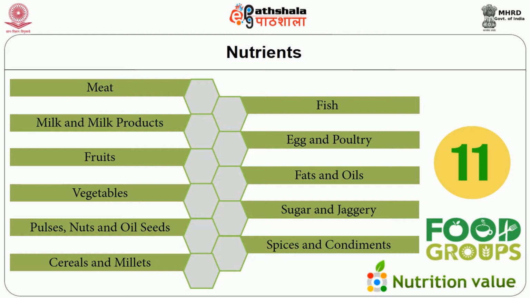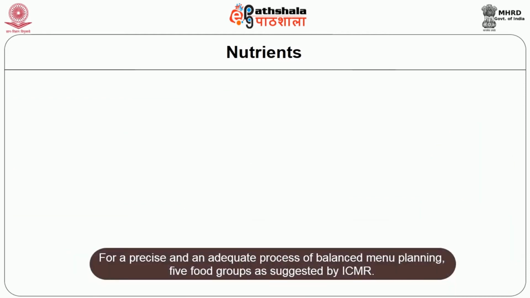So altogether we have all these 11 food groups, and it is ideally said that we have to include all of these food items in a menu. But nowadays, for a precise and adequate process of balanced menu planning, the 5 food group system as suggested by the Indian Council of Medical Research is usually followed in individual counseling and also in community based approaches for assessment